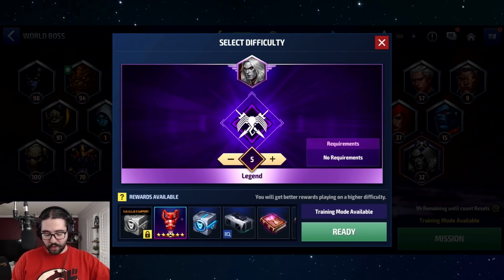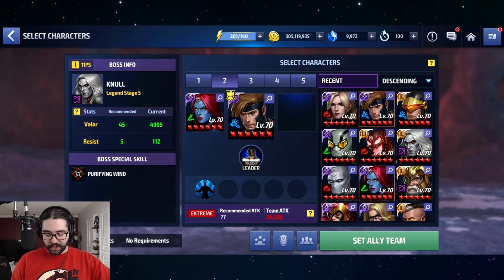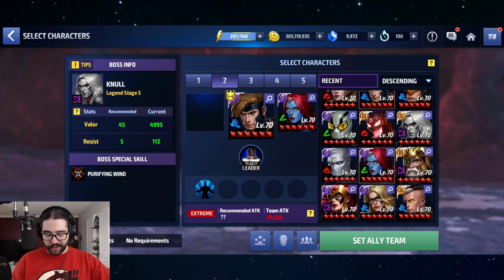But there's more. So we're gonna drop it down to a stage 5. Okay, I wanted to play a stage that didn't have the tornadoes because they're super annoying. And instead here, instead of using Valkyrie, actually, you know what? Okay, yeah, instead of using Valkyrie, we're going to use Mystique for the support, and then we're going to use